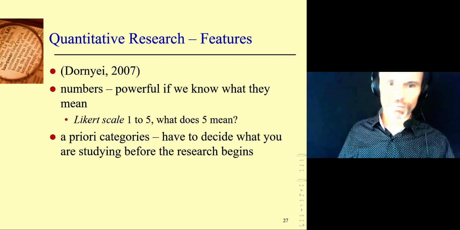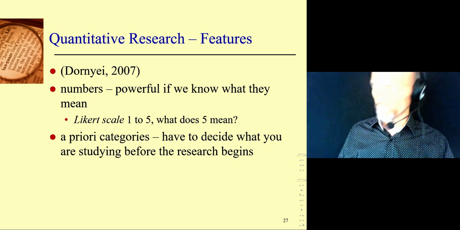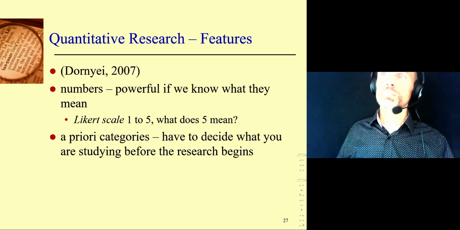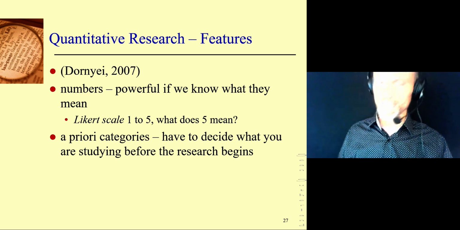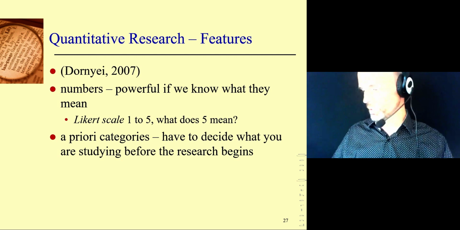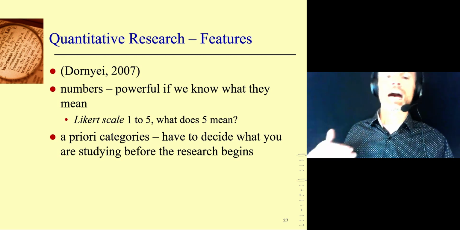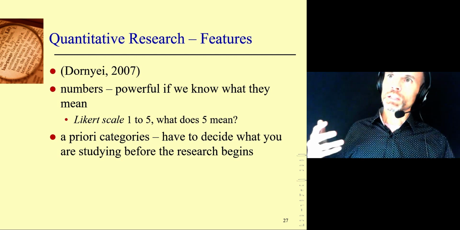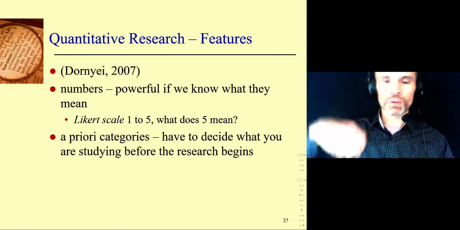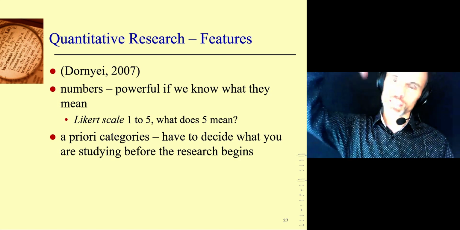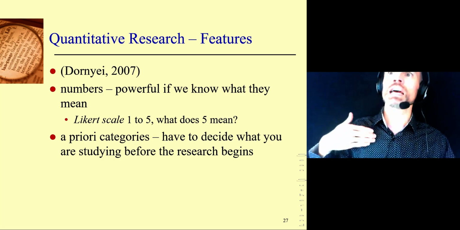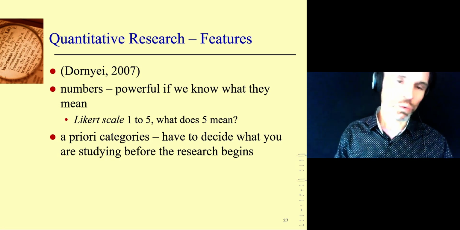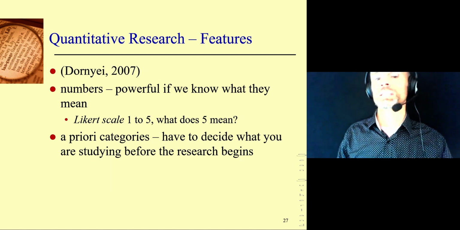You have to decide beforehand. It's a priori. You have to decide beforehand when you're doing quantitative research, what do I want to know about? I want to know about chocolate cake. What do I want to know about? I want to know about how much people talk. This kind of research is often called top-down. Like the researchers have to decide from the top, what do we want to know about? And then they have to make up their research in order for it to be quantified by numbers,